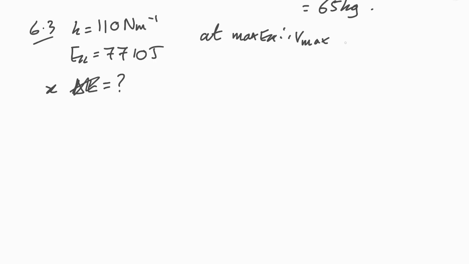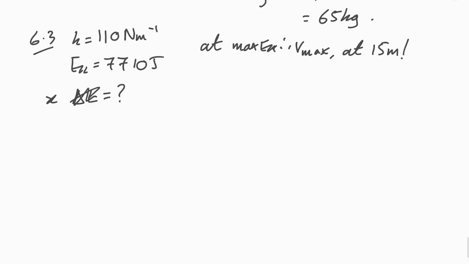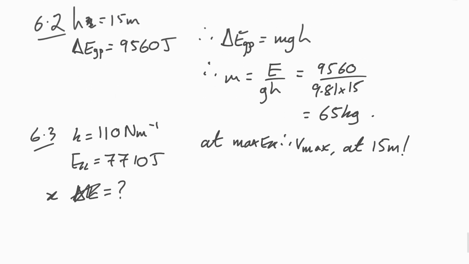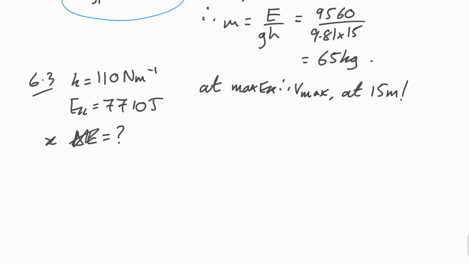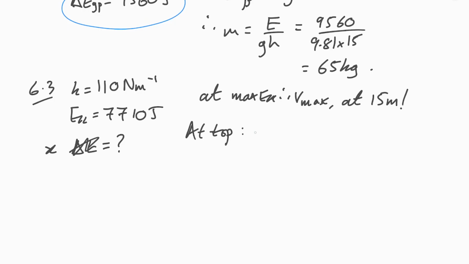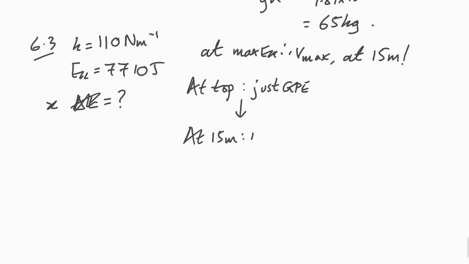And looking at the graph right at the start, we know that's at 15 meters. But it's a little bit more complicated than that. Well, it's not more complicated. The point is that the buoy still has kinetic energy. So how much energy has gone into the spring? We know from the previous question that the GP lost is that much. And so we can say at top, just GPE. Everybody calls it GPE. And then at 15 meters,